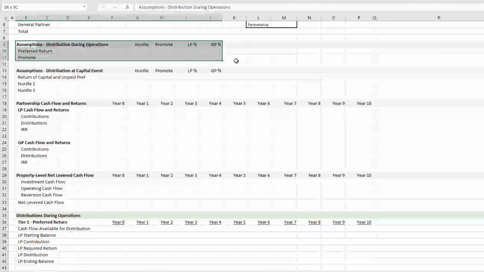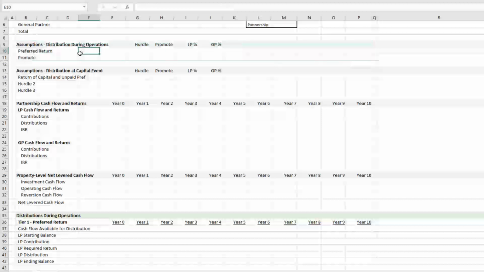And you'll notice, and this is the first difference between the American and the European, we need assumptions for our distributions during operations. We also need assumptions for our distributions at the capital event or capital events. You'll find, and in fact, I have an American Waterfall on our website that I shared, more robust than the simple one that I have here,